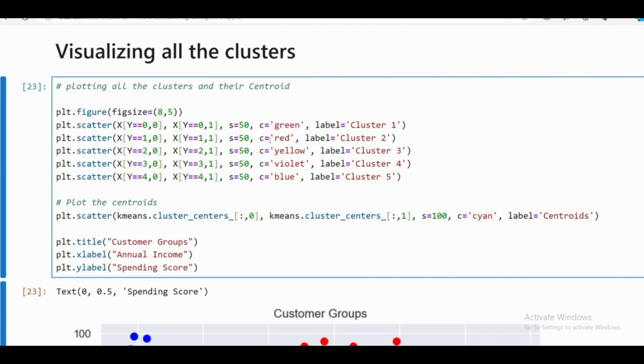Cluster 1 will be green, cluster 2 will be red, cluster 3 will be yellow, cluster 4 will be violet, and the color of cluster 5 is equal to